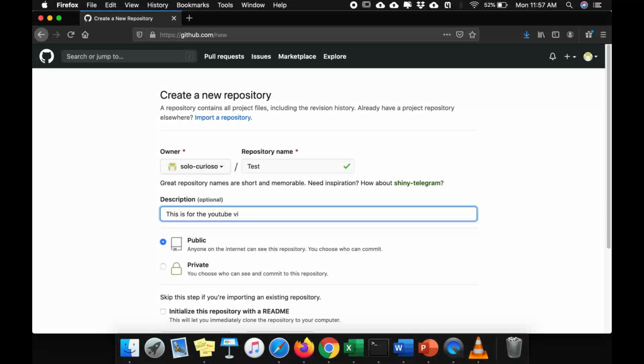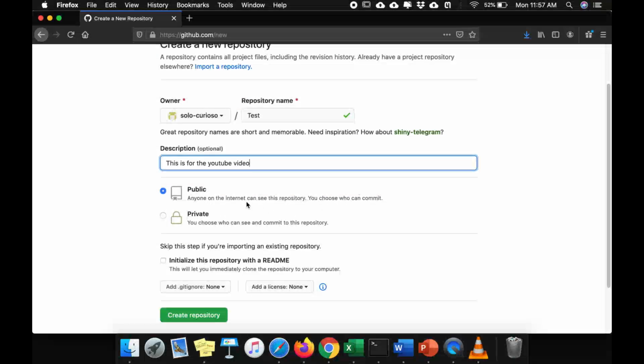Then it asked me whether I want to make this repository public. That is, if this repository is public, then anyone with the link to it can have access to it and modify changes in it and use the source code that we will be putting in here. And the other one is private. This is the one that we choose when we are working on some project that we don't want others to have access to, like maybe a school project or something. So I am opting for public.